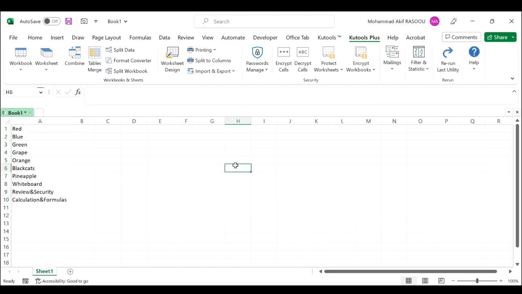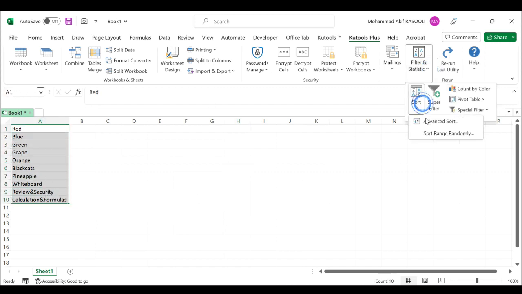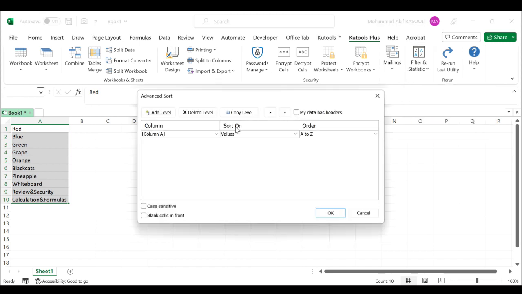And if you choose Z to A in the order, you can see that the result will appear differently,